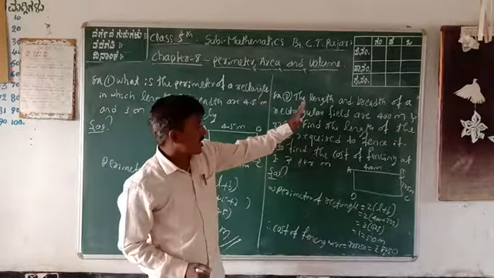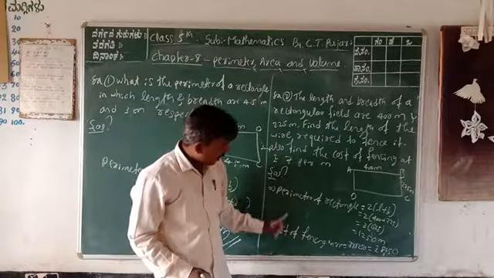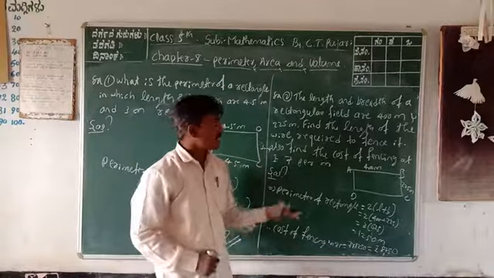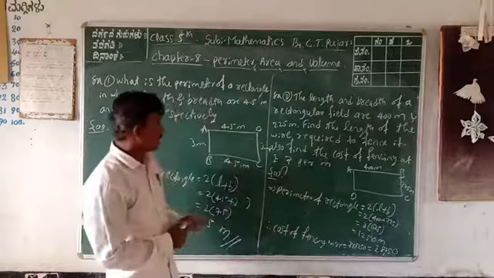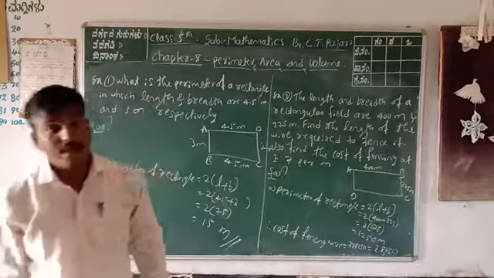Therefore, in the question, first we find the perimeter of the rectangle. Next, we find the cost of fencing the wire. Got it? These are some examples of only the perimeter of a rectangle. Next examples are the perimeter of squares.